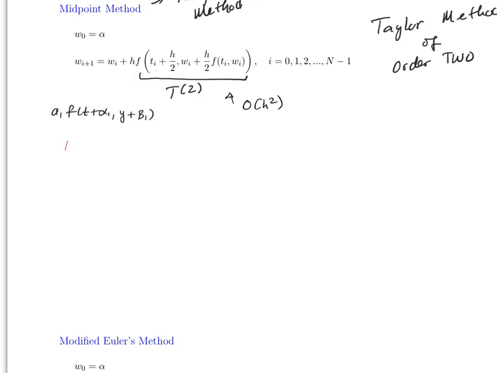In that case, if you wanted to do something similar for t of 3, remember t of 3 was equal to f of t y plus h over 2 f prime of t y plus h squared over 6 f double prime of t y. So probably the most appropriate way to approximate this would be something that has 4 parameters, and it will look like this: